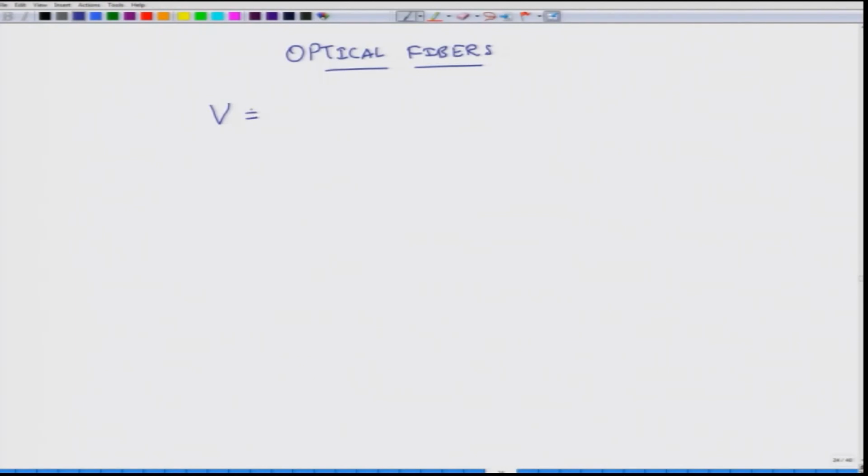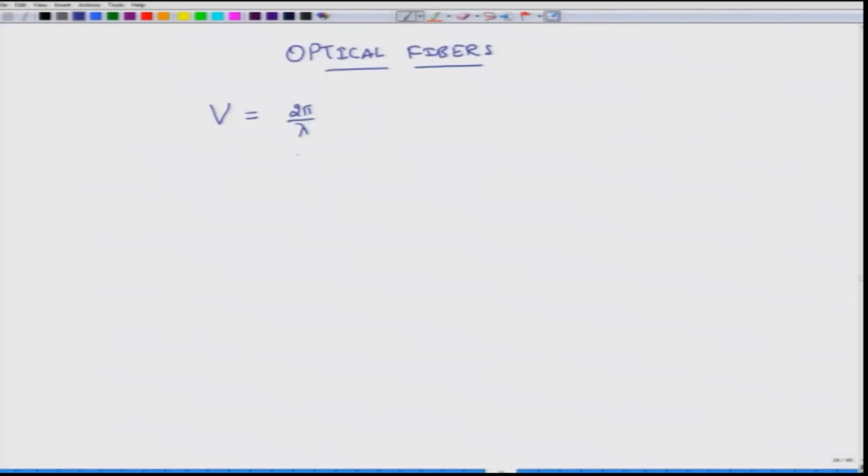So, I am going to describe this V number now, and then we will derive all this V number and other parameters that I am going to talk about in this module in the coming modules. Here in this module we are going to look at the high level characteristics, or a bird's eye view, of optical fibers. But we need certain parameters, so I am basically going to write them down. Do not worry if you do not understand these parameters right away, the understanding comes in the later modules.